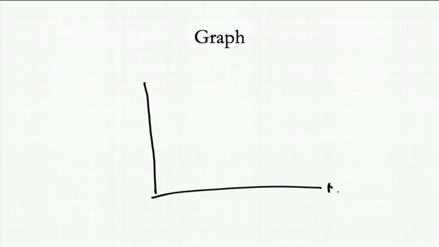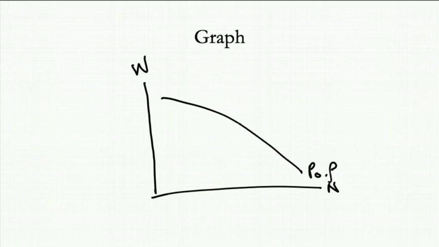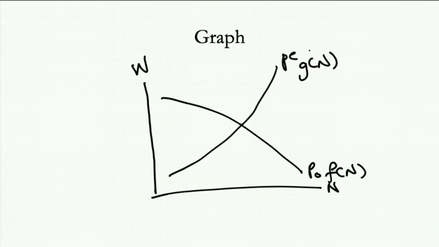Now, in the form of a graph, what we can do here is draw the labor market. So we have N here, and we have the nominal wage. Here we have the initial labor demand, P naught Fn. We also have the typical labor supply that you learned before, PEGN. Now, let's say equilibrium is at point A. If we follow the market, then employment is at N naught. Let's say the wage rate is fixed because of the contract at W bar here.